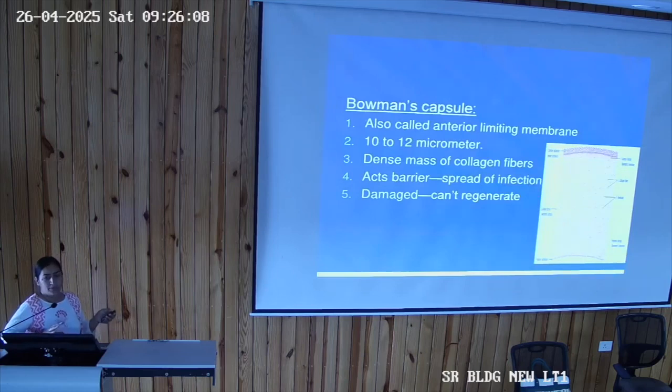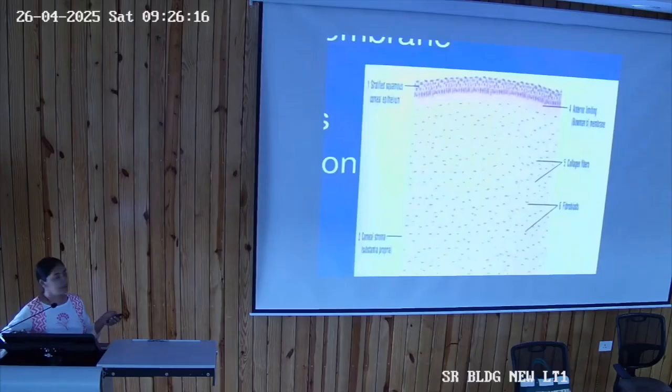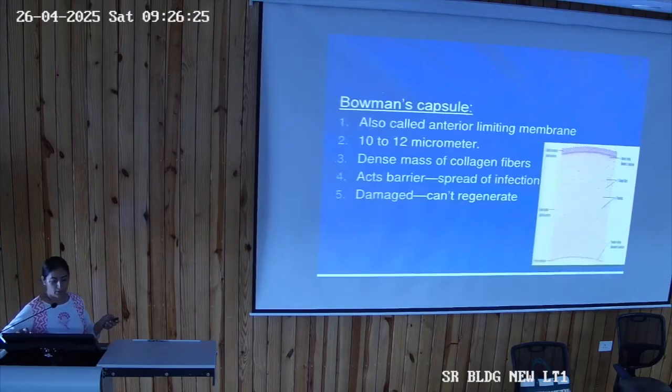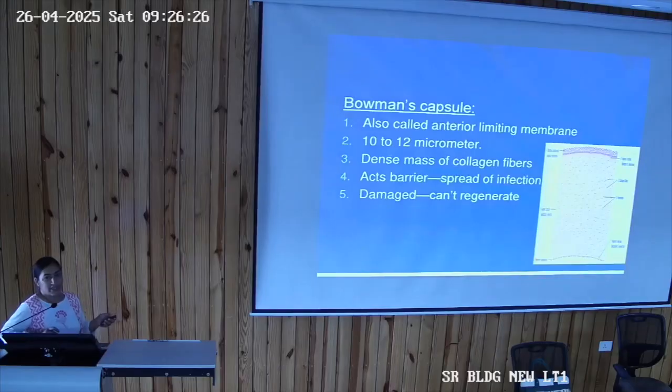Next is the Bowman's membrane. It's not capsule, it's membrane, and it is also called the anterior limiting membrane. So here you can see underneath this stratified epithelium, this layer is called the anterior limiting membrane. What is the thickness of this layer? It is 10 to 12